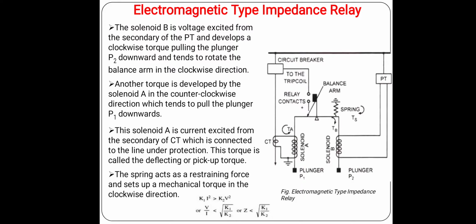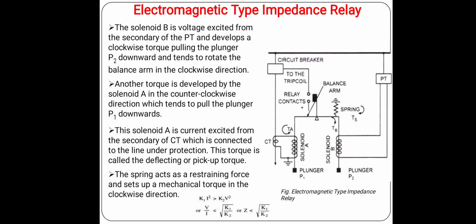So now we move to the electromagnetic or induction type impedance relay. Here we will discuss the electromagnetic type impedance relay. In this diagram, we see that two torques are produced by the electromagnetic action of the voltage and current, and these two torques are compared. We compare the value of the two impedances, one the preset value of impedance and the other the after-fault impedance. Here we compare the torque produced by the two elements.